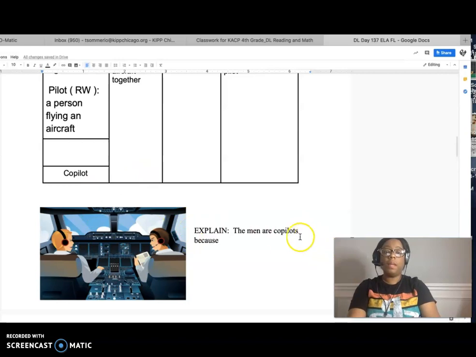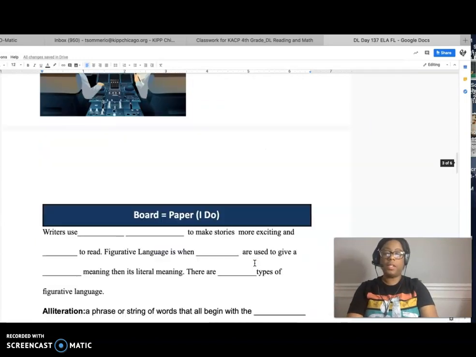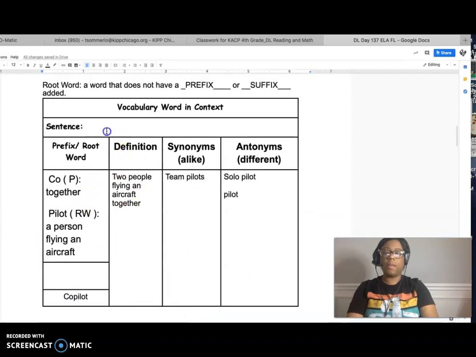All right, the men are co-pilots because they are flying the plane together. Period. We know that co means together. Flip the page. I forgot to do my sentence. Let's go back. The co-pilot